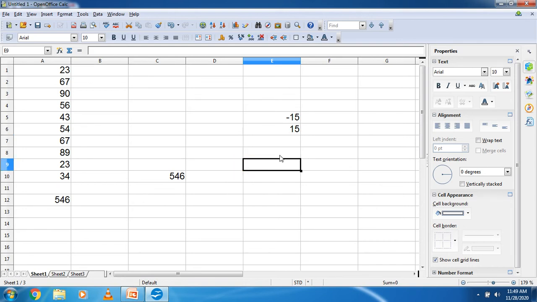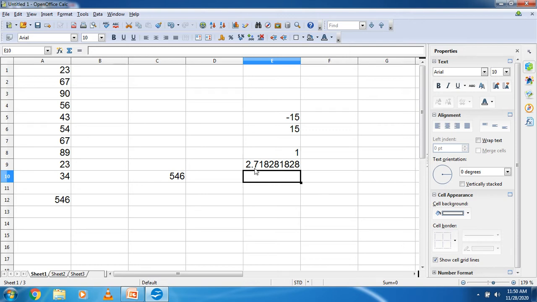Suppose here I am writing the number 1, and I want the exponential of this number. So I will get the exponential value by using the formula equal to EXP, bracket open, select this number, bracket close, enter. So I will get the exponential value.